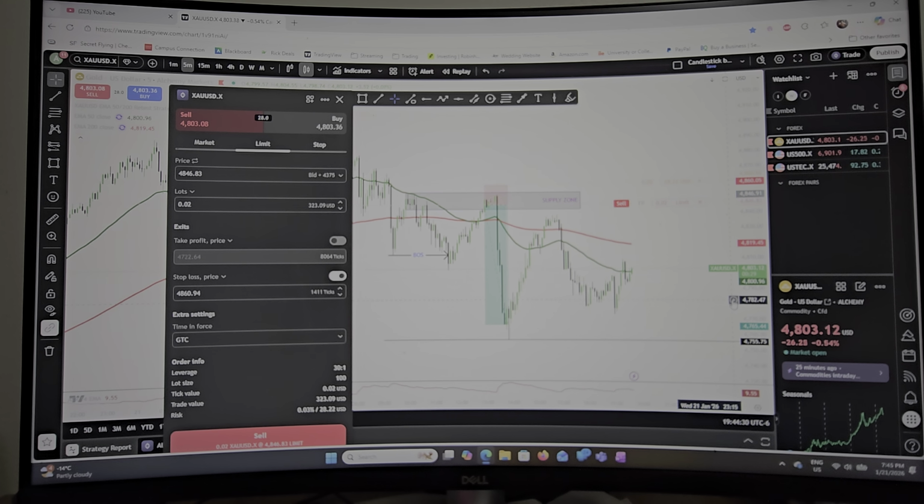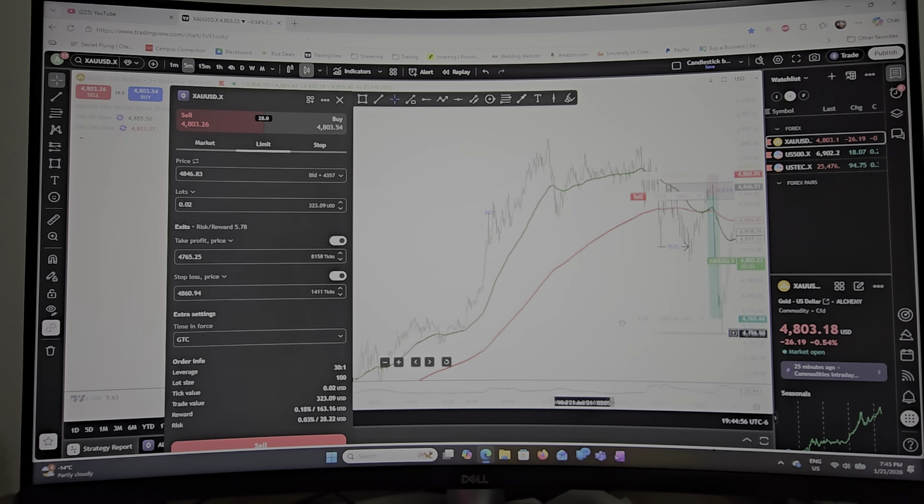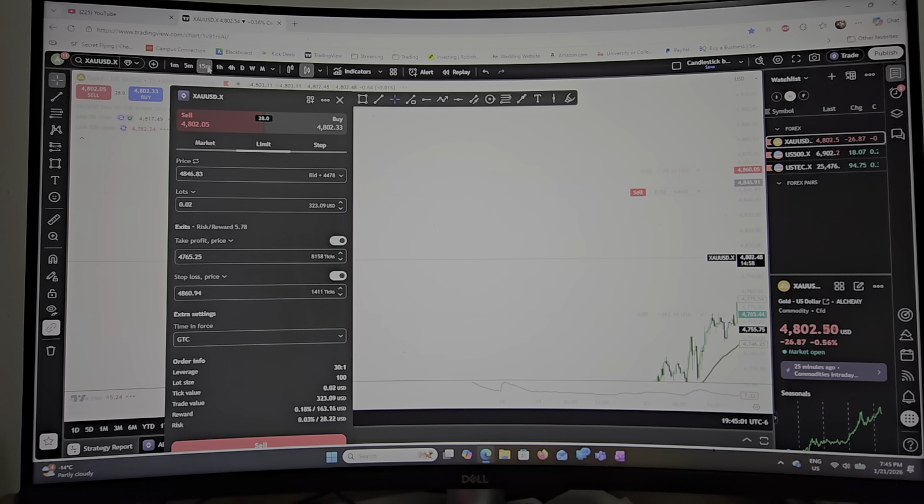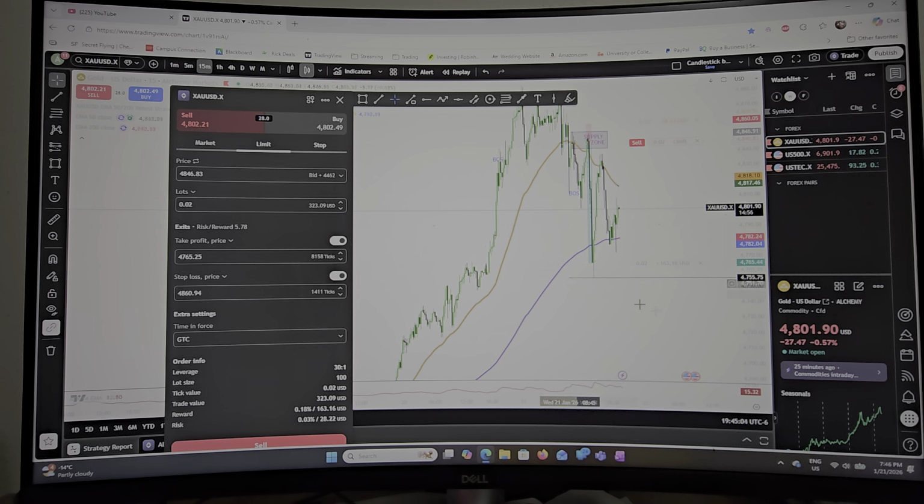If you were here, that would have been $30, so I saved some money putting my stop loss on here, and also using 0.02 size lots. I brought my stop loss down here because I was looking back into the charts. Let's put it on 15-minute. I was looking back into the charts,